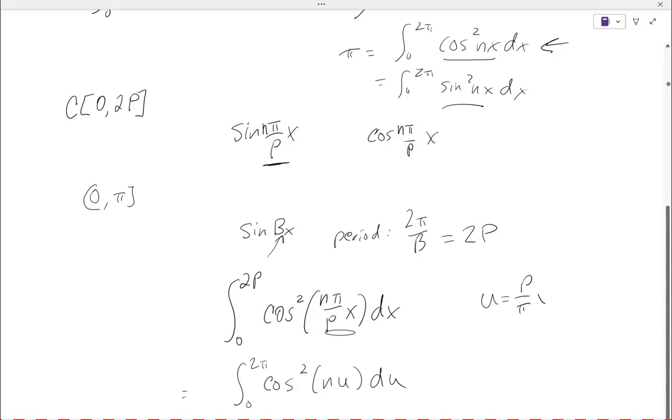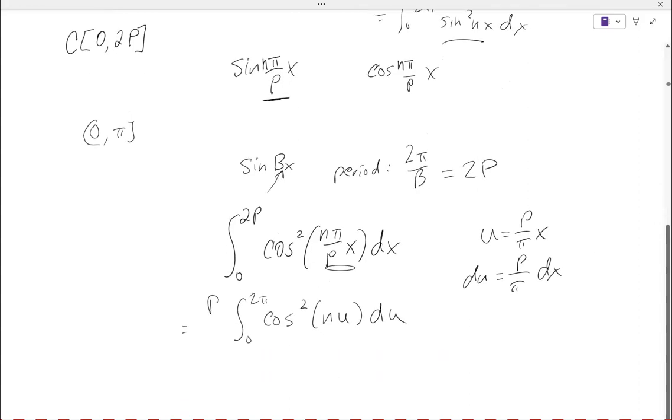The p over pi x, right? And then your du will be p over pi dx, right? Agree with that? So notice that out in front, you'll have p over pi here. And you really do go, if I put in 0 for x, I do get 0 out for u. If I put in 2 pi for x, or 2p,